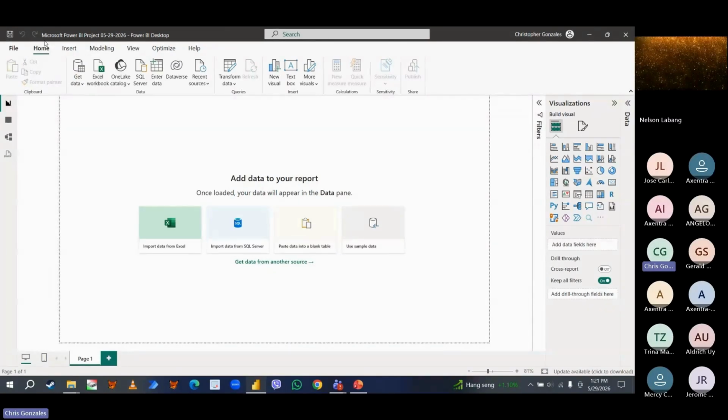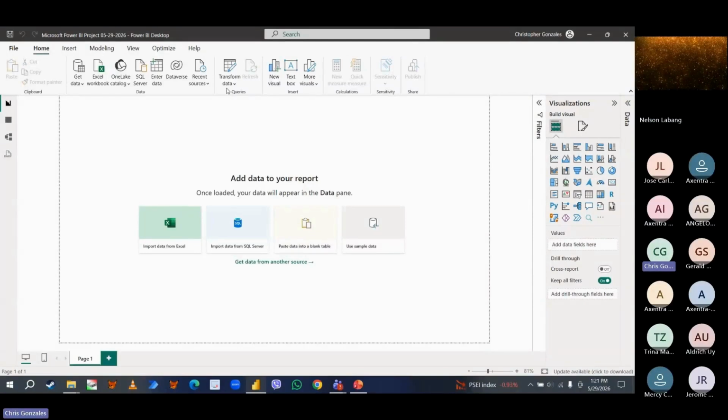The reason why we are saving it before anything else is because once you save the file, Power BI has the capability to apply autosave every 5 minutes. So just in case your project hangs up or Power BI Desktop is not moving or stuck, you can actually close the application, and when you reopen it, you can see a tab. We call it View Recovered Files, and that's basically the autosave recovered file. But if you don't save it in the first place, the View Recovered Files will not appear. So always save it before anything else.